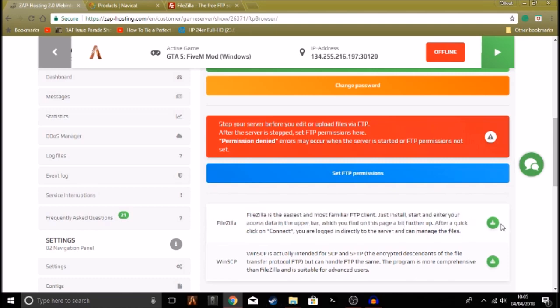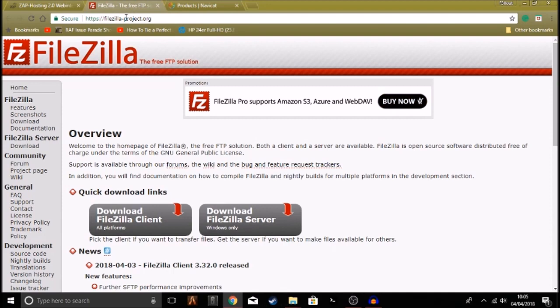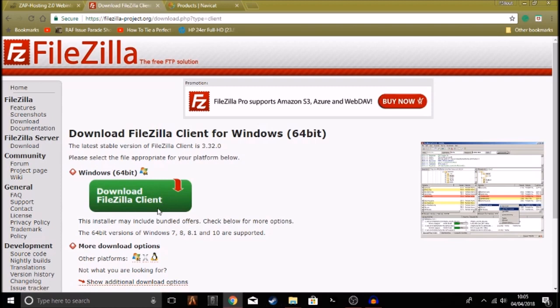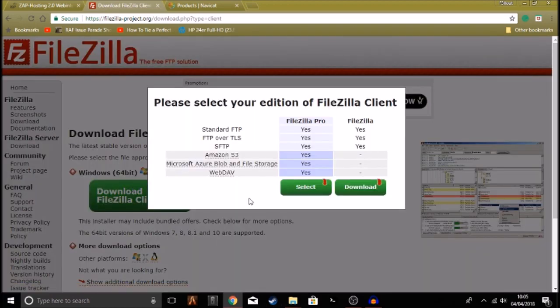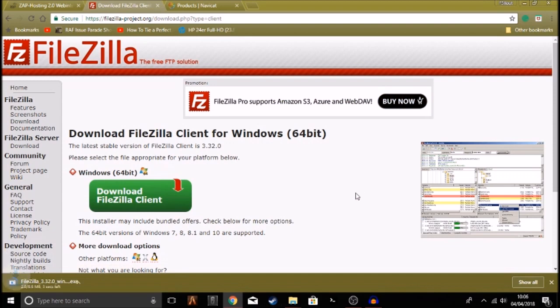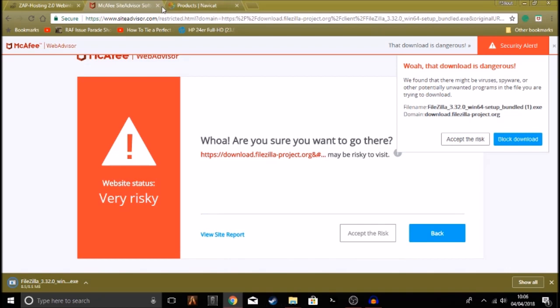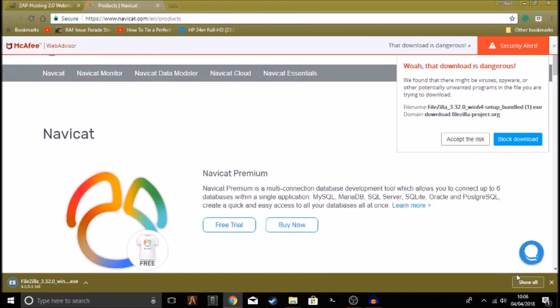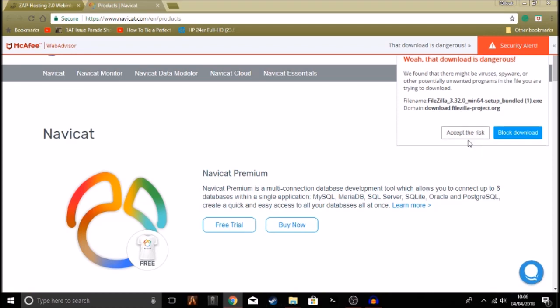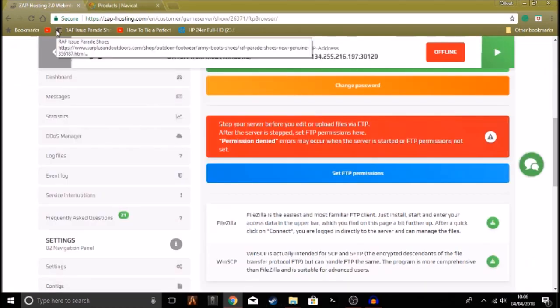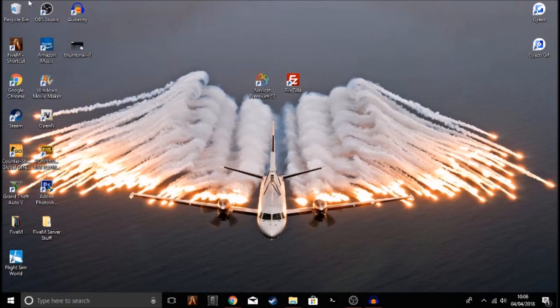So you want to click here, and it should take you to FileZilla for the FTP solution. Click download FileZilla client. You do not want to be installing the server because, well, that's the actual server. So then you want to click download FileZilla client. Once you've got that, run through the installation wizard, and once you've downloaded that,